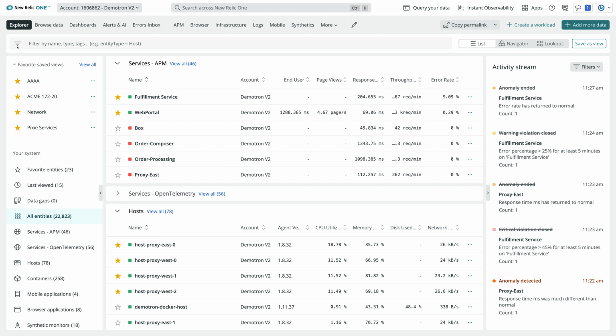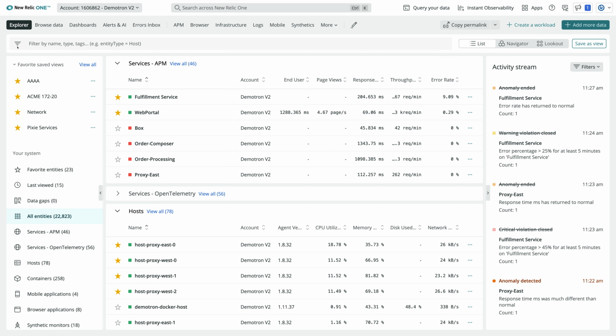with New Relic. As a DevOps, SRE, or IT ops person, I'm going to look to New Relic to help me proactively troubleshoot my IT infrastructure. I have New Relic One open, focused on Explorer, where I'm looking at all my favorites.